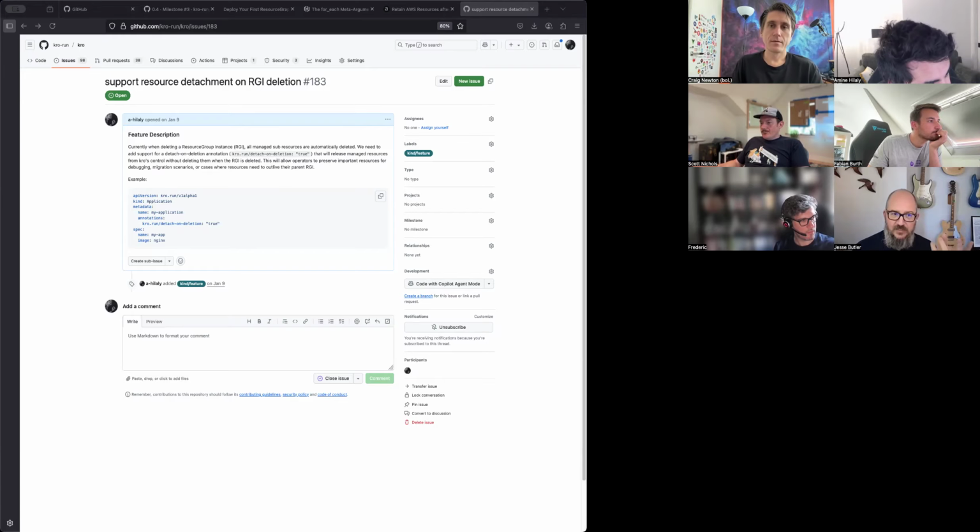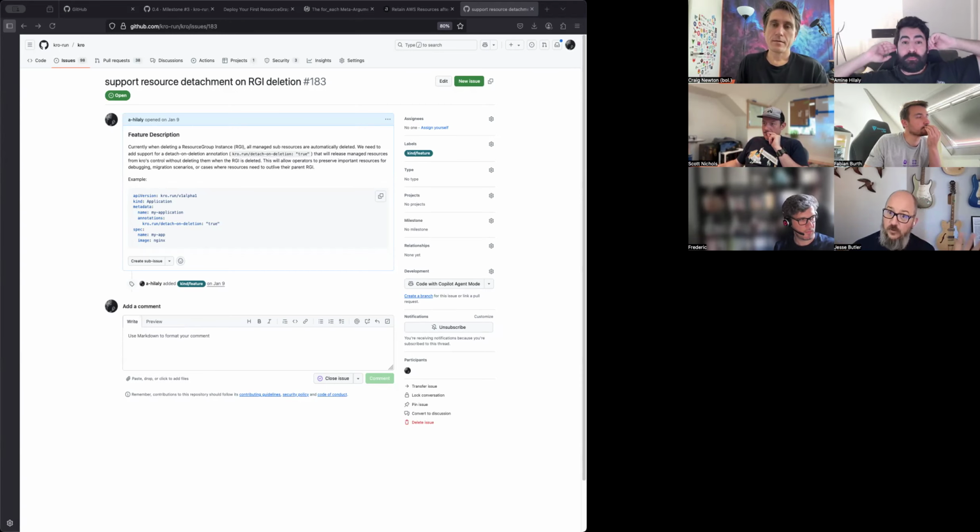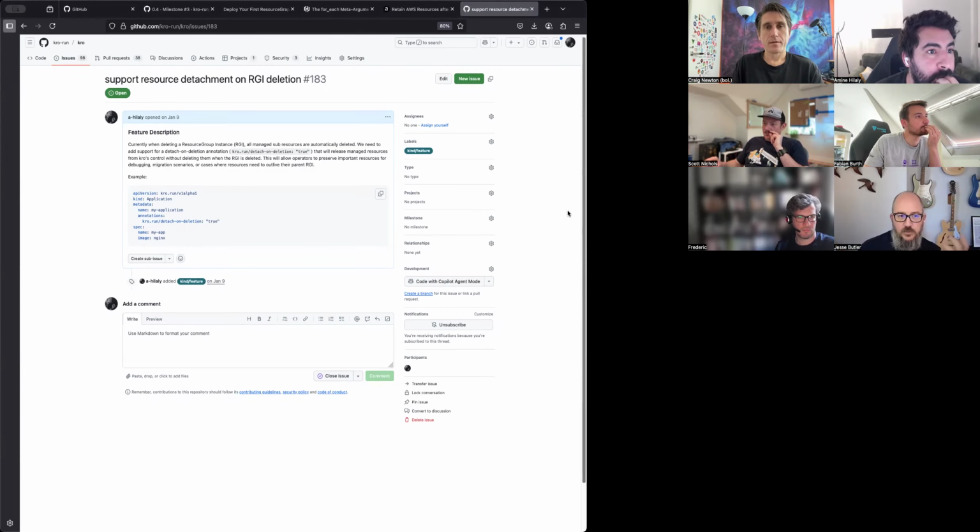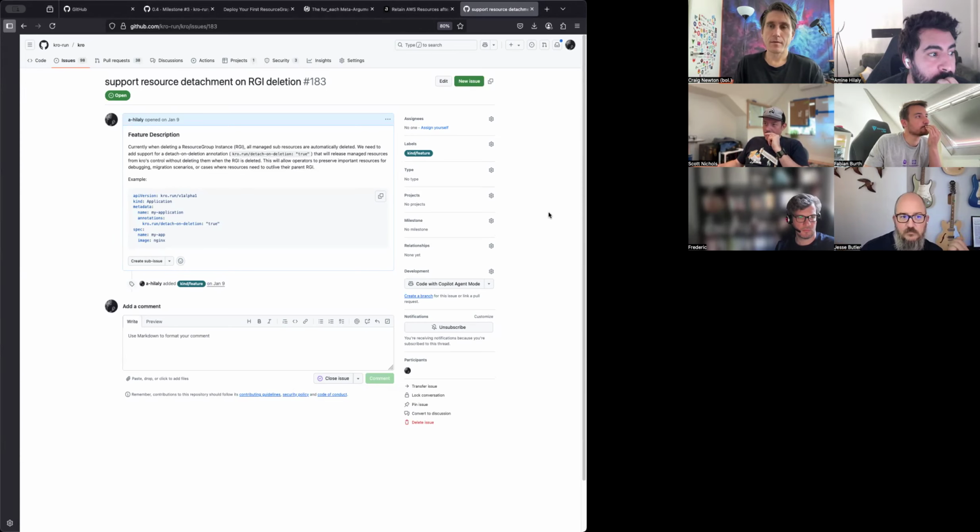I think the flip side is, is this something that's interesting for Kubernetes resources? Beyond a cloud resource managed by a Kubernetes resource, where yes, delete it and preserve the resource in the cloud, that seems like a pretty obvious one. Is this interesting to people? The idea of preserving, say, in this example, the application.